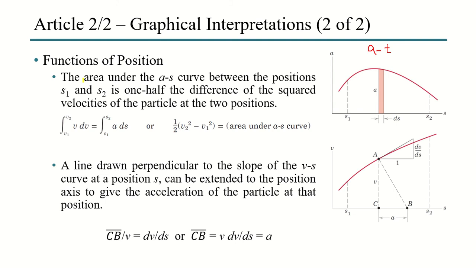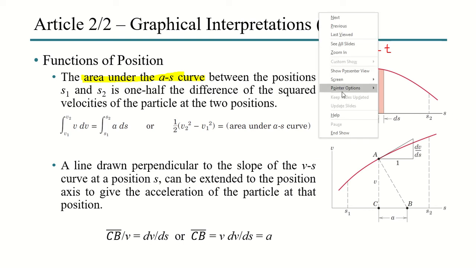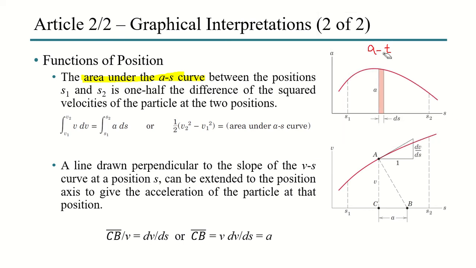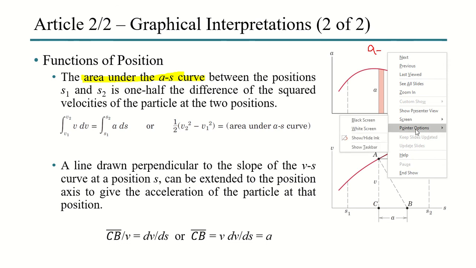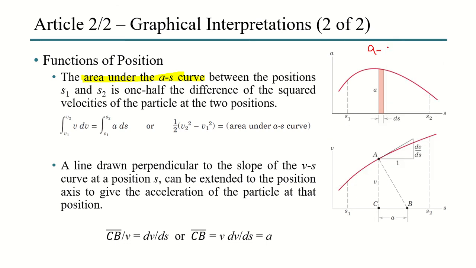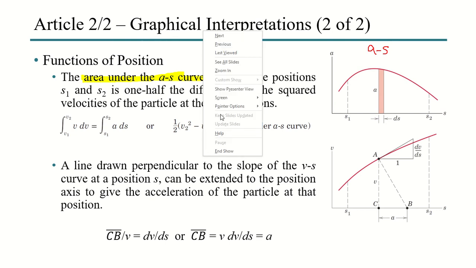So the area under the, sorry, this is the a-s curve, not the a-t curve, but the a-s curve. So we have acceleration and displacement. So this is the a-s curve. So the area under the a-s curve between positions s1 and s2 is 1/2 the difference of the squared velocities